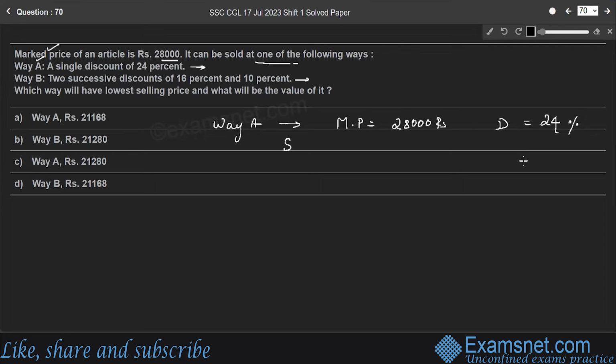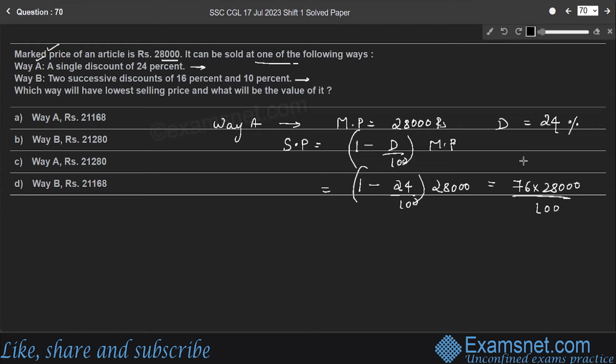Then the selling price becomes, when a single discount is given, the formula says (1 minus discount by 100) into marked price gives the selling price of the article. Here 1 minus 24 by 100 into the marked price 28,000, which gives us 76 into 28,000